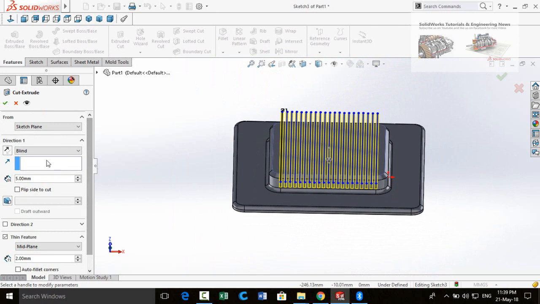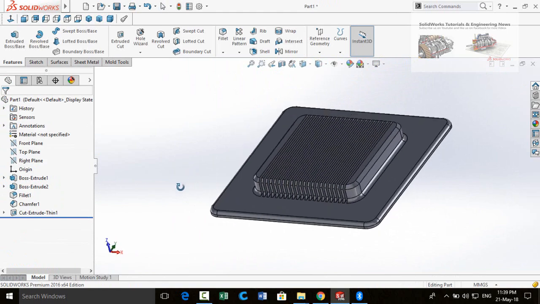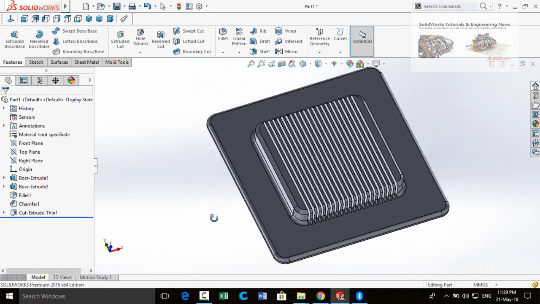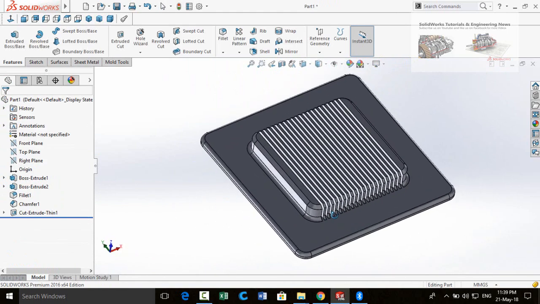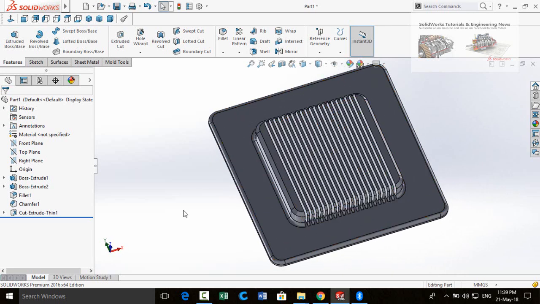Then scroll up and click on this box, then double click on this face. Now press the OK button. So here we have created the heat sink for your CPU.